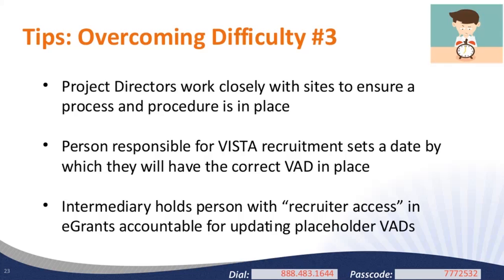Project directors, whether you're an intermediary or a multi-site director, or even for single-site supervisors, you need to have a process, whether that's clear communication as to why the VAD isn't finalized, when you anticipate it being finalized, and then a timeline for getting it ready and finalized. You need to have that in place for you and for your sub-site supervisors if a placeholder VAD needs to be created. This process should include deadlines for when the correct VAD needs to be submitted to the project director and a clear communication protocol with a VISTA candidate and member if they were given a VAD that is now updated.